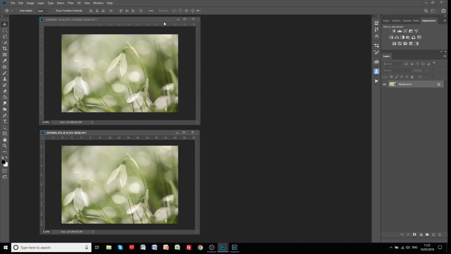So let's talk a little bit about what smart objects are. Smart objects contain data about a file. There are things you can't do with them. You can't directly edit them. We can't edit the pixels on a smart object. If we actually double click this little thumbnail here, what will open up is